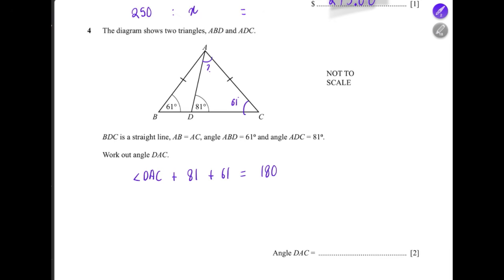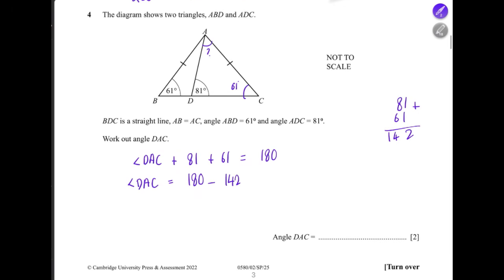So what is 81 plus 61? This is 142. So angle DAC equals 180 minus 142. Let's subtract it. This is going to be 40 minus 2. It's going to be 38